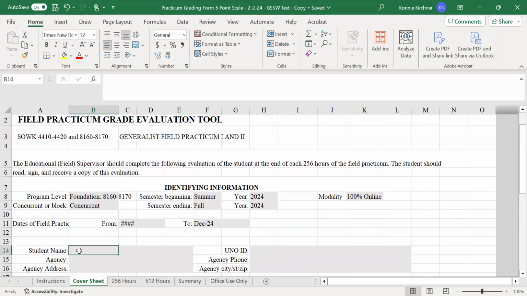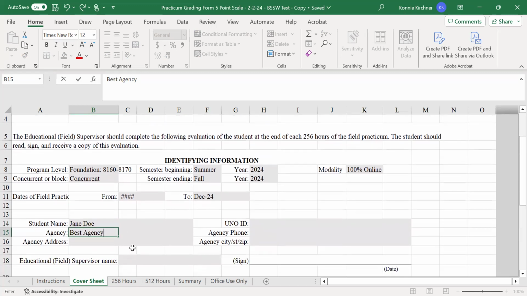Okay, so we'll need to make sure that we have the student's name in there, at the best agency. And then you would fill in the rest of the information. Now, one of the things that we want to make sure is that you're putting in the student's ID number. You may not know that,